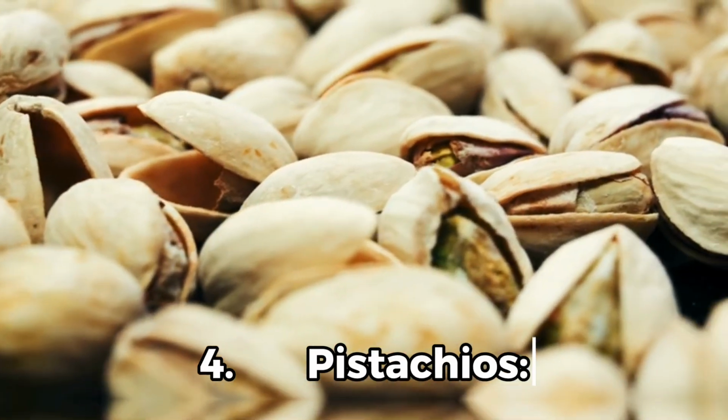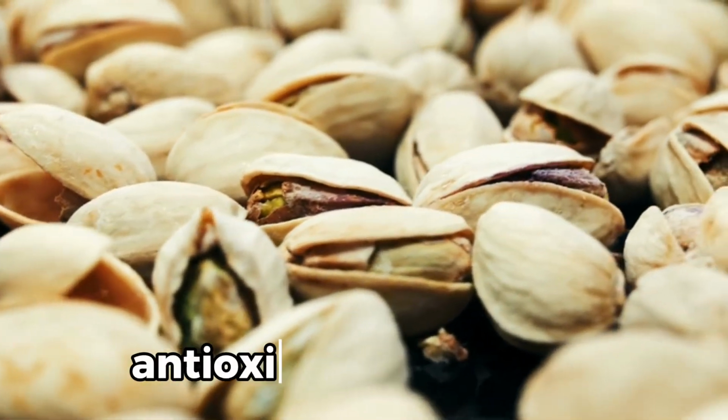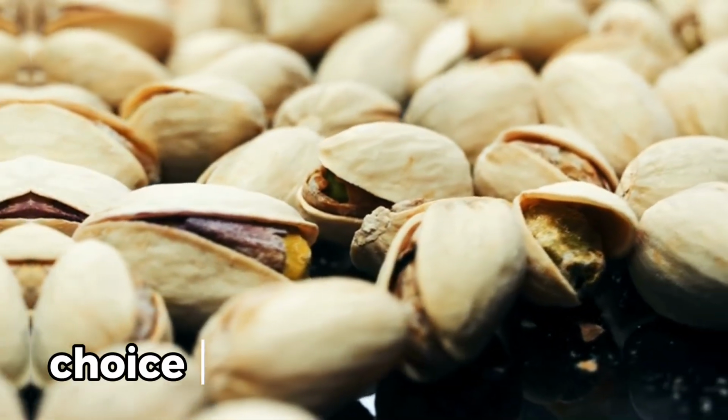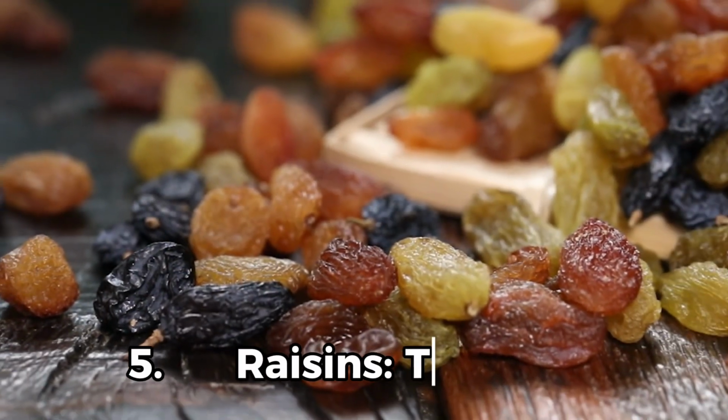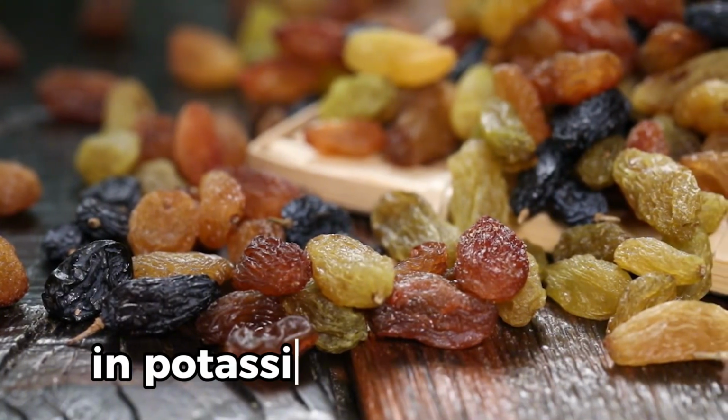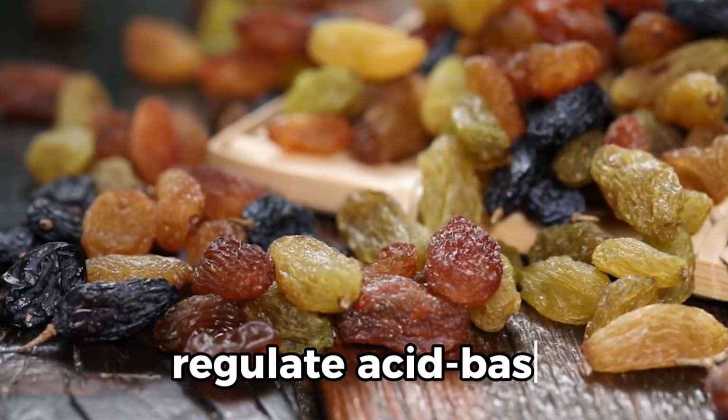4. Pistachios. They contain antioxidants and have low purine content, which makes them a good choice for managing uric acid. 5. Raisins. Though a dried fruit, raisins are low in purines and high in potassium, which helps regulate acid-base balance